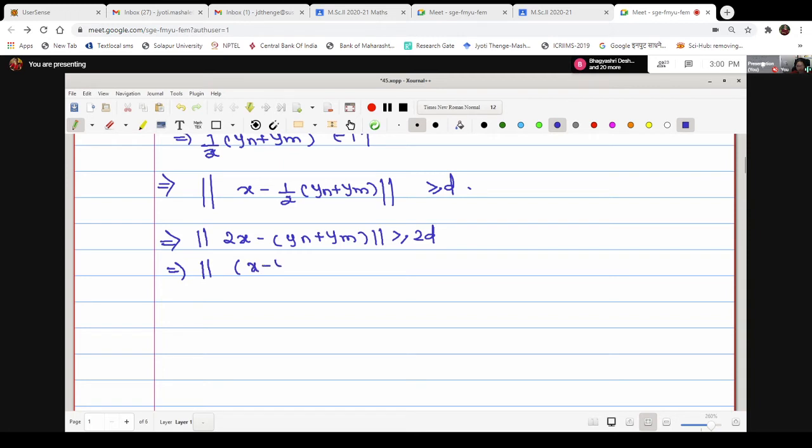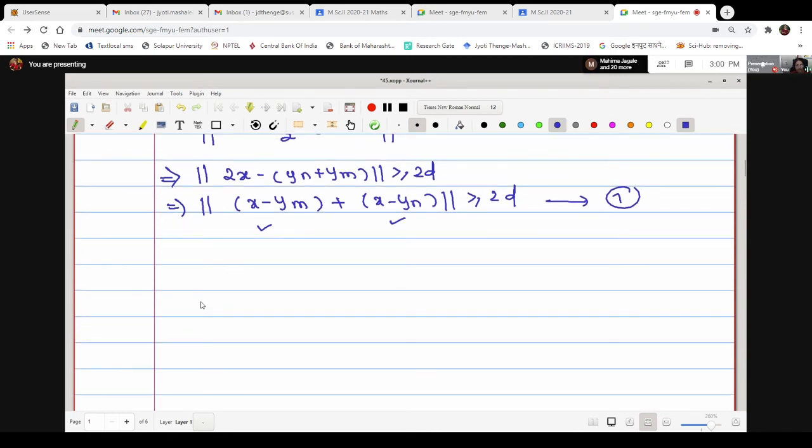Actually, our aim is to form a Cauchy sequence. Let me call this statement number 1. Now here we got two vectors in the Hilbert space H, and we use the parallelogram law for these two vectors. I'll just tell you the theme. We are going to form one Cauchy sequence of yn. We will prove that this is Cauchy, then it will be convergent, and whatever is the converging point of that sequence yn will be our unique vector. That is what the aim is.